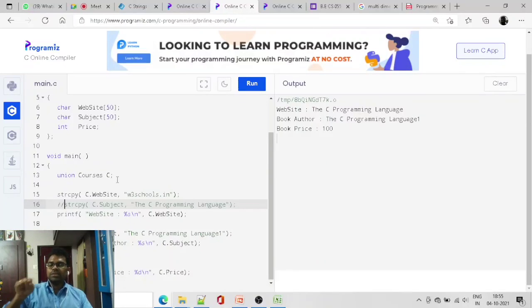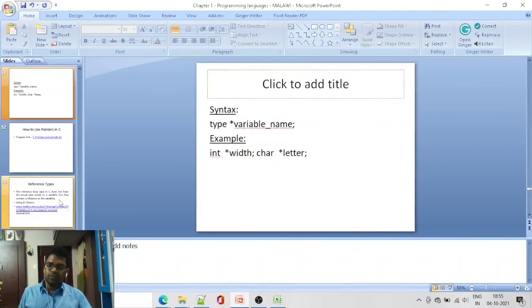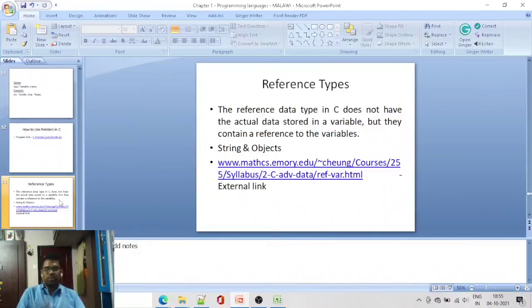This points to them, so this is one of the reference types. Each and every object works under the reference data type. There are a lot of things to learn, but in the limited period of time I can tell only this much, so you can learn a lot more.